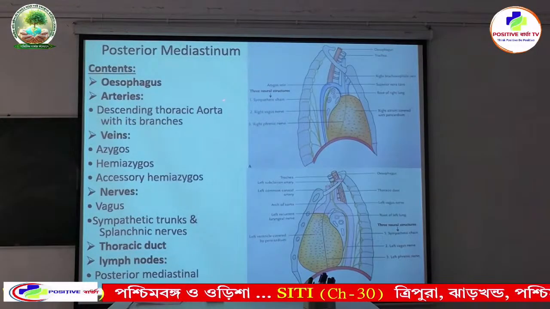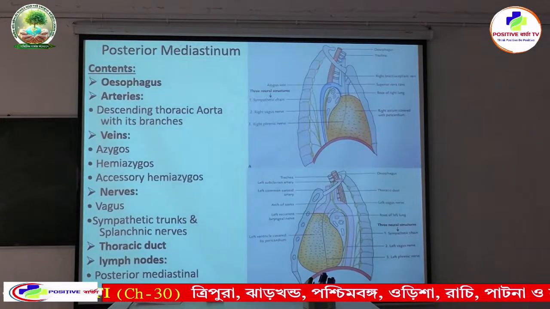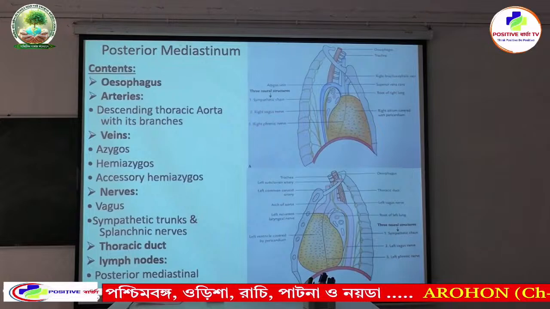Now what are the contents of the posterior mediastinum? Contents are esophagus. See, this is muscular tube, this is esophagus. Arteries are the